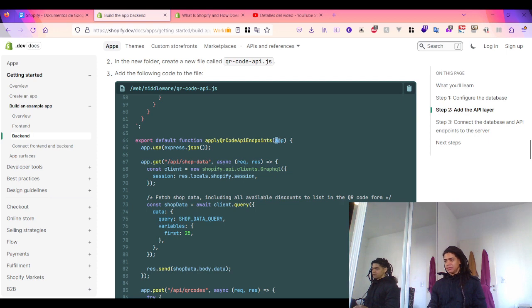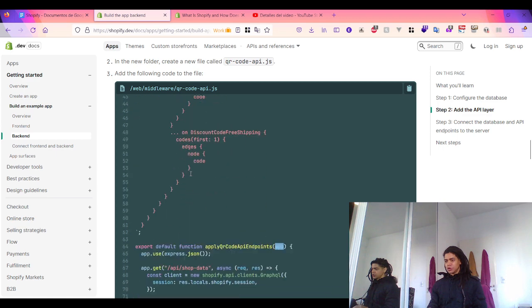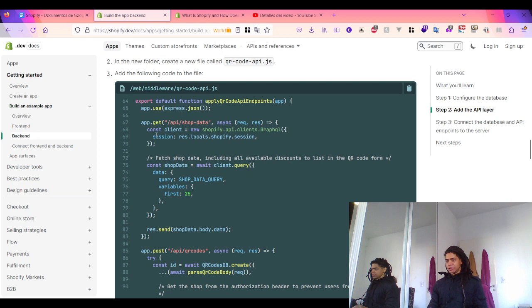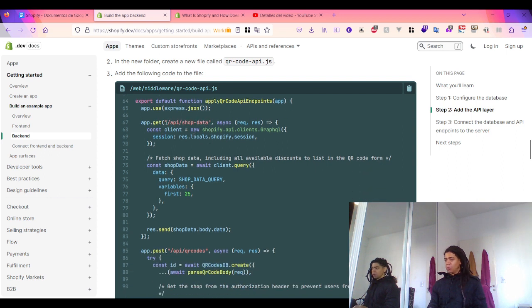Okay, now you have the app, which is what you're going to use to receive requests on your web server. You're going to use express.json. This is a middleware to parse any request into a JSON object. Okay, and then this is where you define the route, because you're using Express for that. app.get /api/shop-data. Okay, this is one endpoint,